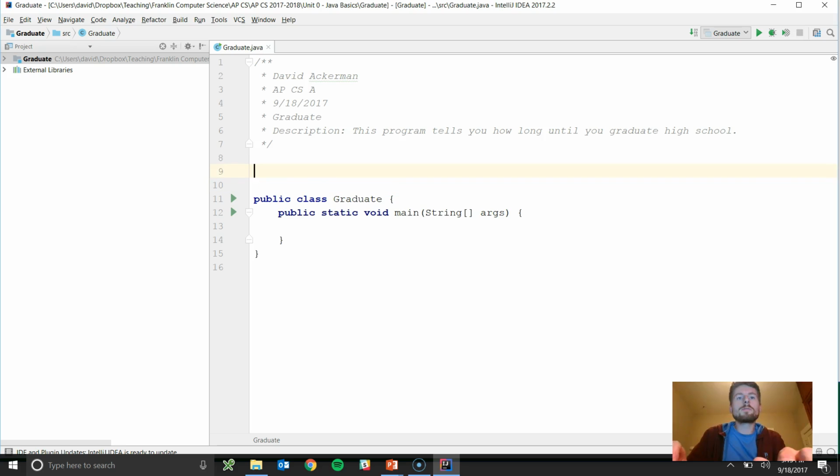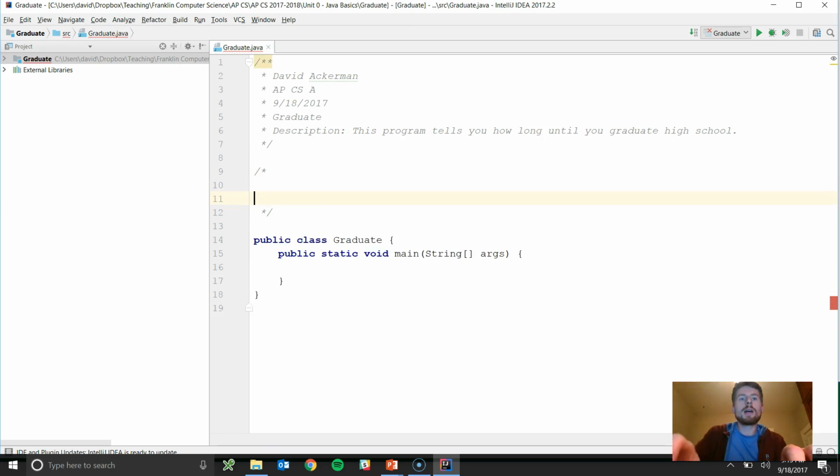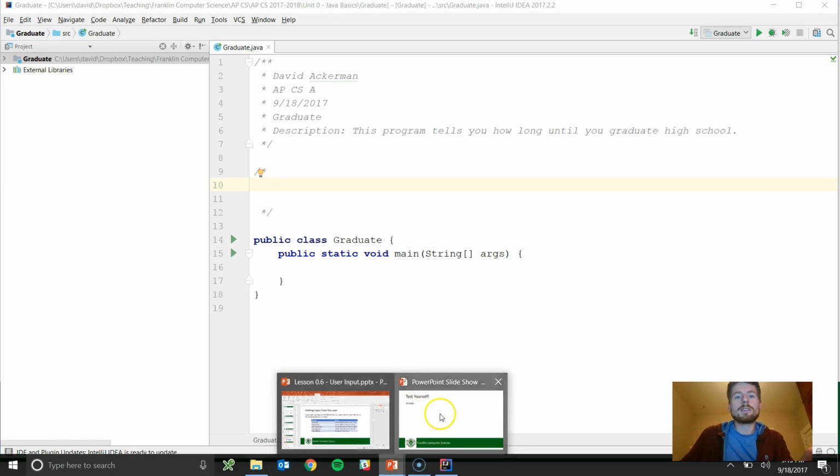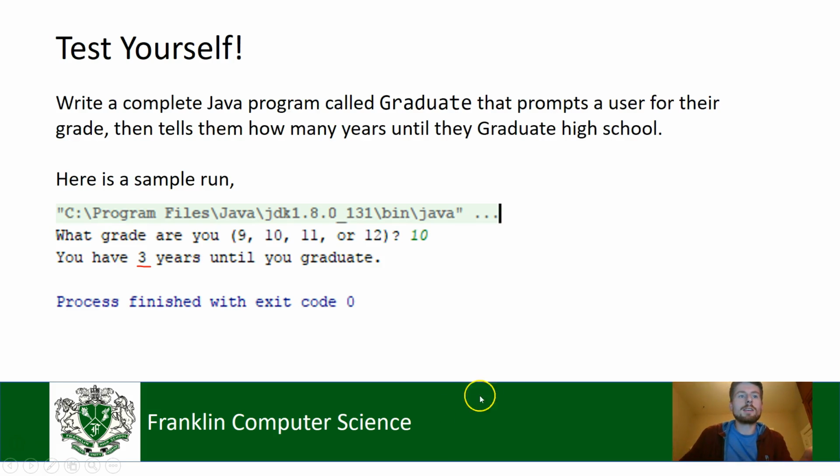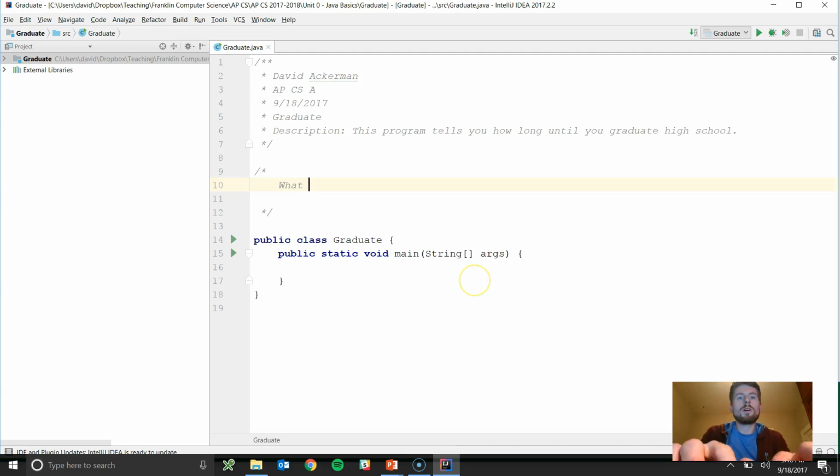So what I'm going to do first, before I even start programming, is I'm going to write a comment at the top that's the expected output. So I have something that I can reference as I start writing this. So let's go back and look at the expected output. I want it to say, what grade are you? So what grade are you? And then it was parentheses, 9, 10, 11, 12, question mark. And then we have input